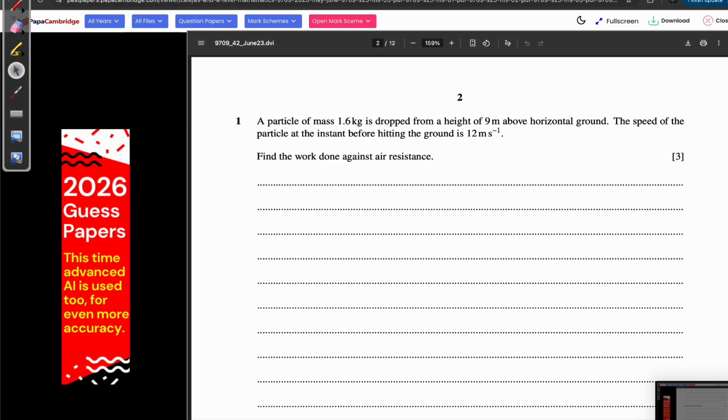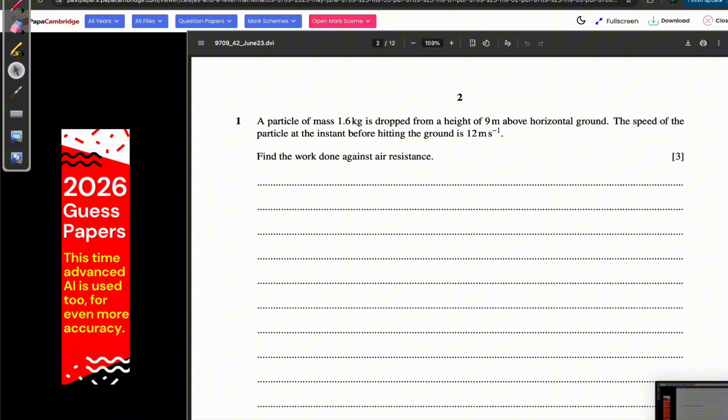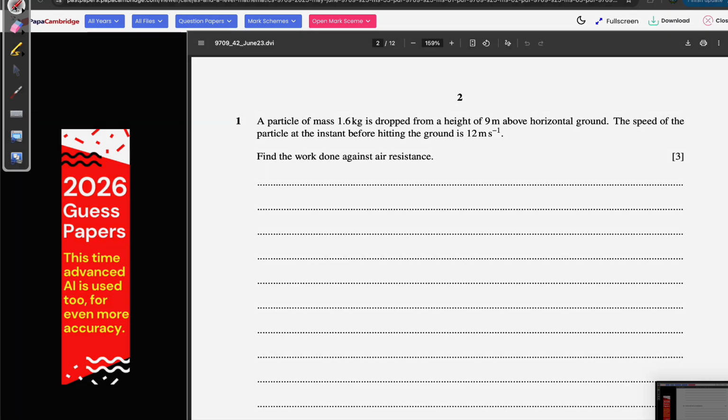Question of this video, I'm going to be explaining paper 4 version 2 May June 2023 question 1. The question says a particle of mass 1.6 kilograms is dropped from height 9 meters above the horizontal ground. The speed of the particle at the instant before hitting the ground is 12 meters per second. Find the work done. So again, simple rule we've done before. Change in mechanical energy is equal to the work done by the resistance force, which is air resistance in this case. So first we're going to do final,